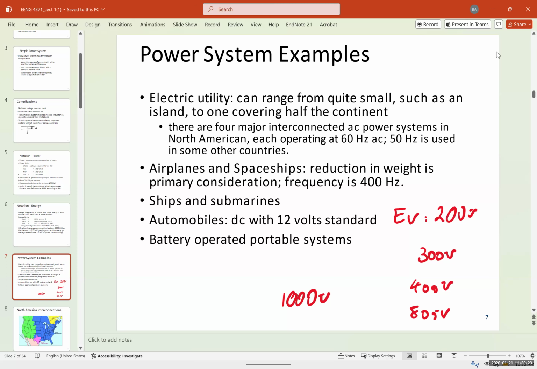Yes. How does an increase in frequency reduce the size of components? Okay, that's a great question. Did you have power electronics? Yeah, you haven't had power electronics. So in power electronics, the higher the frequency goes, the better control you have over the system, and you have smaller switches. You can have more rapid switches, and it generates less heat. So you can have a smaller component, less heat sinks. You don't need those bulky fans. It has a lot of benefits.